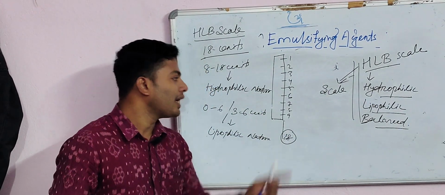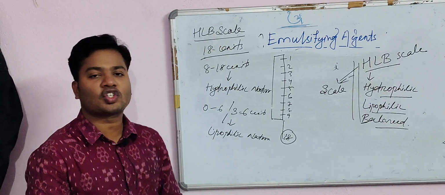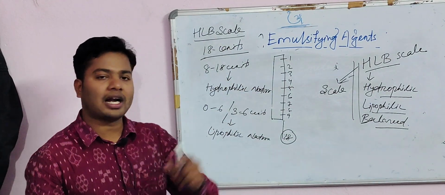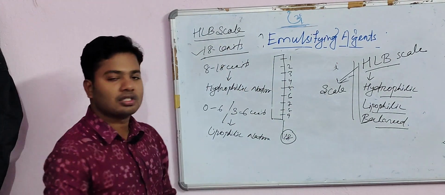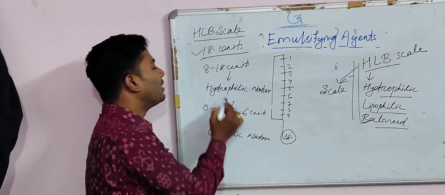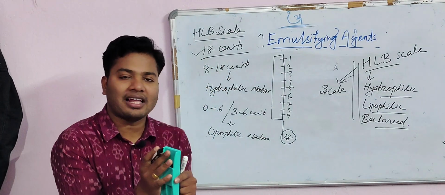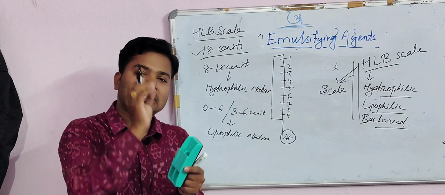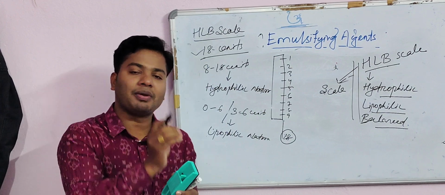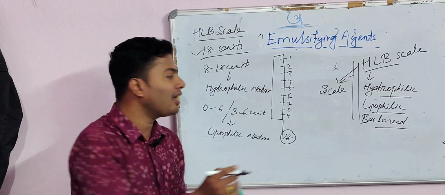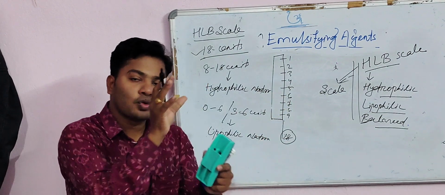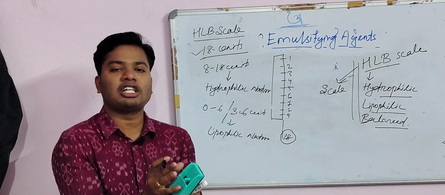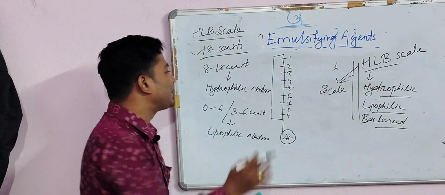Clear? That means in the HLB scale, the Griffin scientist divided the scale into 18 units. Clear? 18 units. Each and every emulsifying agent has a specific number. So according to the specific number of the emulsifying agent,